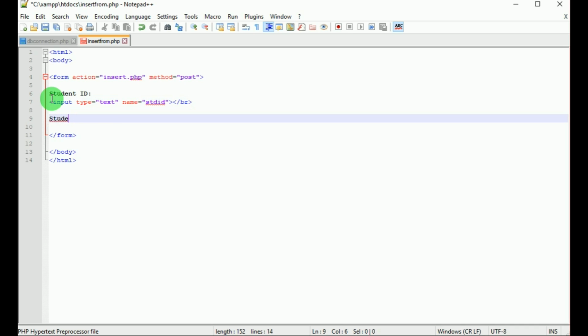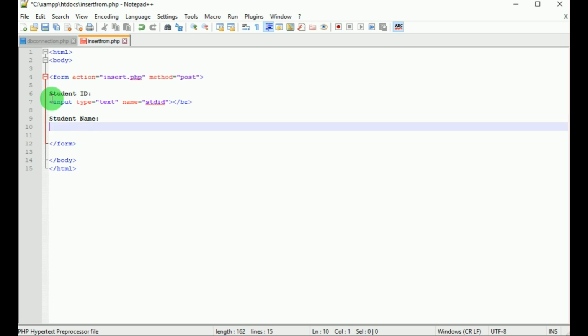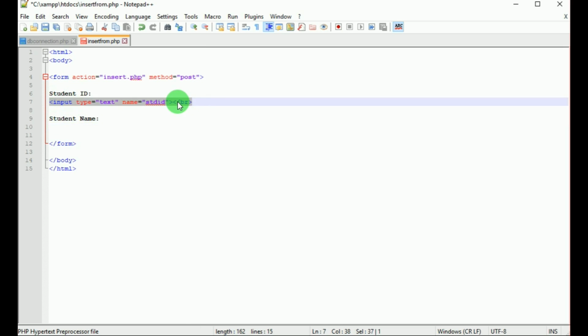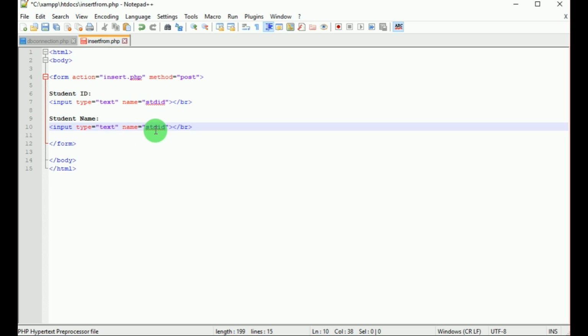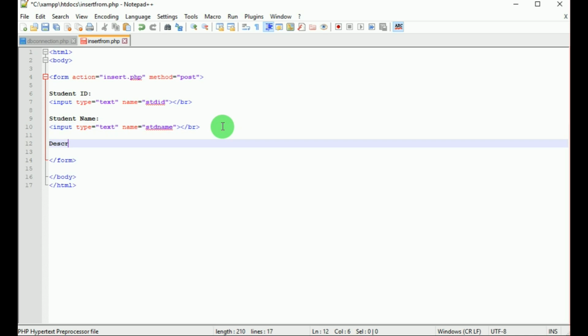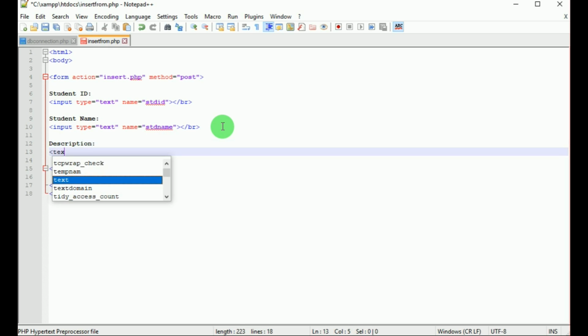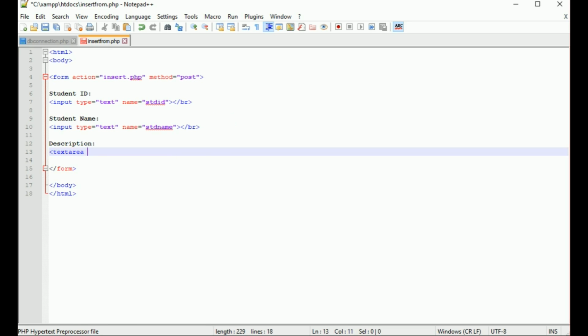The second attribute is student name. Here the input type is text and the name is std_name. And the third attribute is description. Here let's give a textarea. The name of the textarea is textarea.